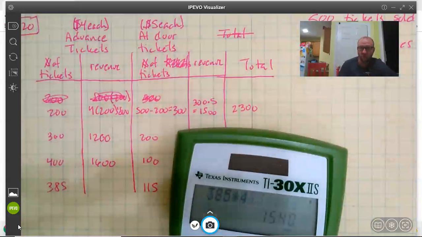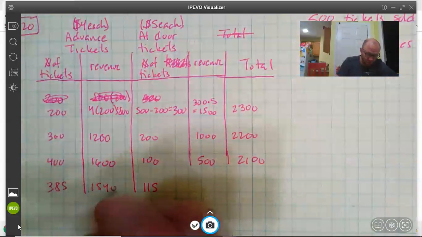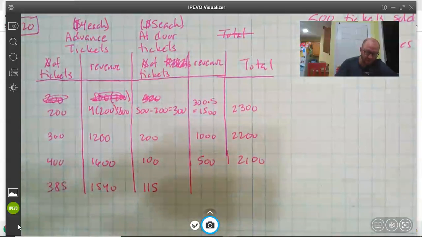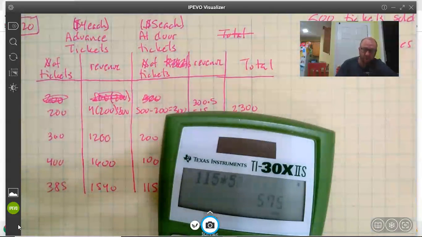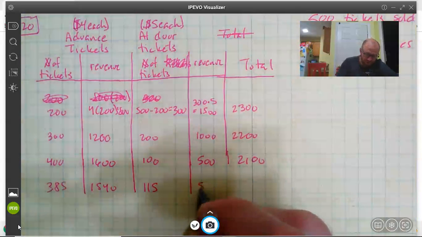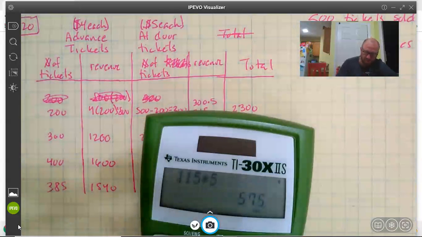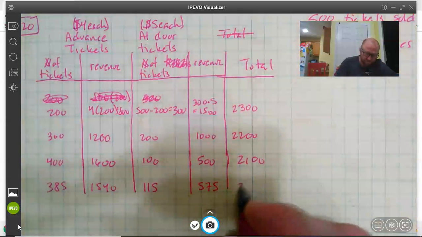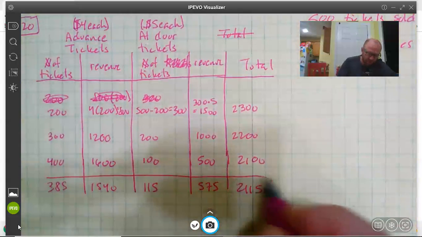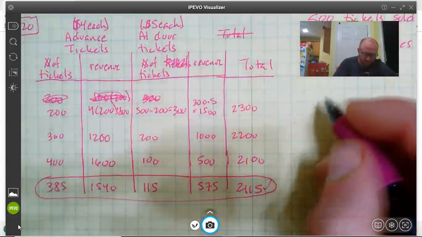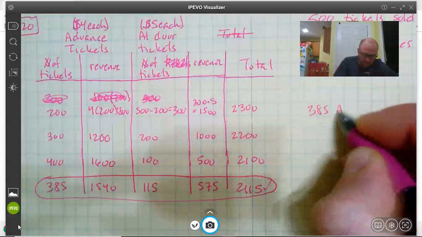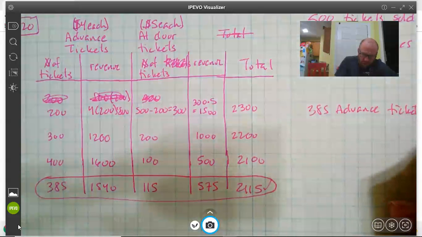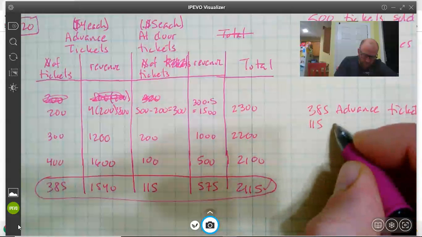So now I'll start writing my calculator. 385 times 4 is 1,540. So if I sell 385 tickets in advance, I'll make $1,540. 115 remaining tickets will be sold at $5. That's $575. For a total of 1,540 plus 575, 2,115. So check. We found our magic number of tickets. So there are 385 advanced tickets sold, 115